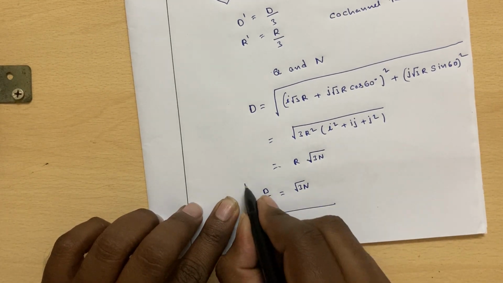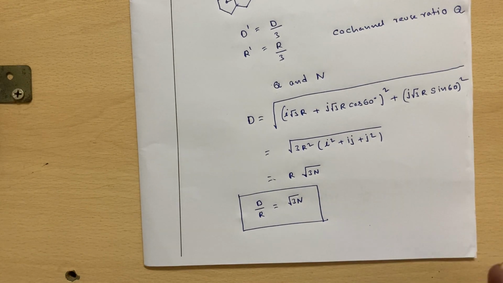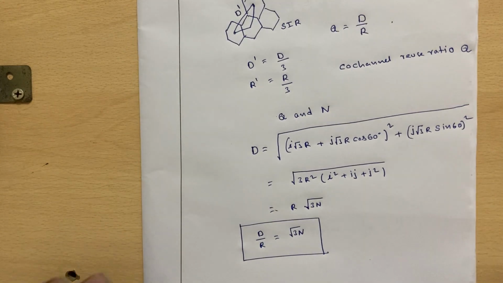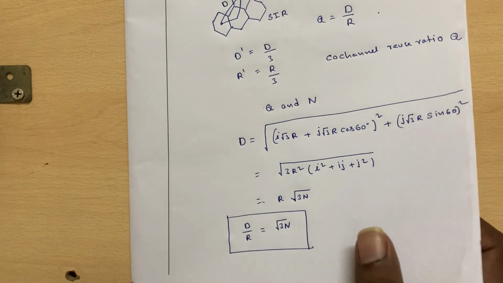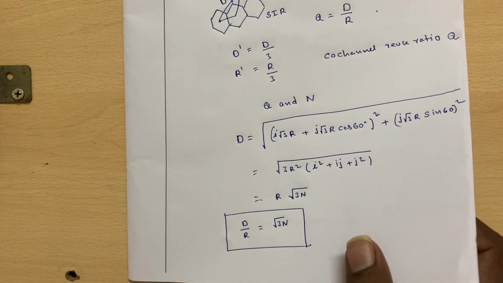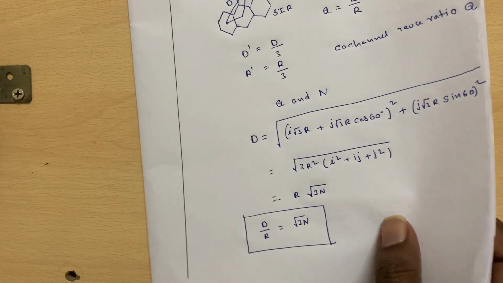So there is an important relationship between d by r and the cluster size, or you can call this the frequency reuse factor. Now we are going to find the relationship between SIR and d by r through approximate calculations that we are now going to discuss.